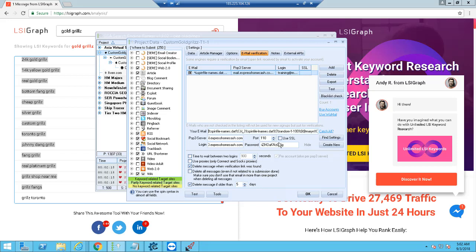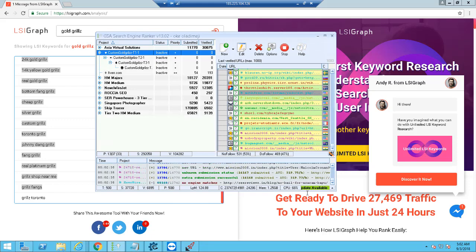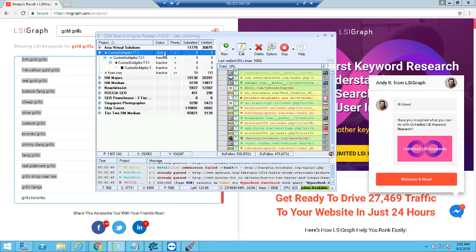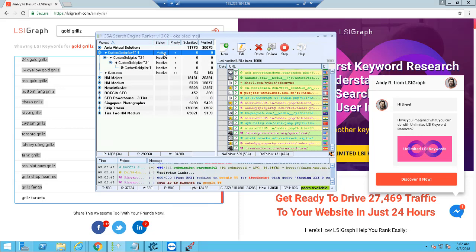before I got to this training. So you must know how to create a catch-all email, and if you cannot do that, you could just buy accounts or use Wizmail. You could buy that online. There are services that provide such kind of solutions. So after doing that, you just click OK. Then you want to be sure everything is fine. As you can see, this is okay. So I could just click active. Then the link building would start automatically. So the next thing you want to do is